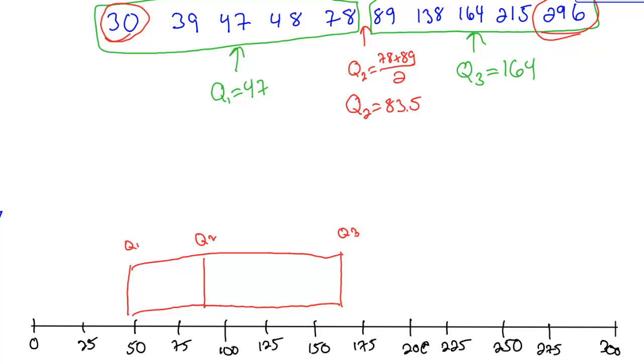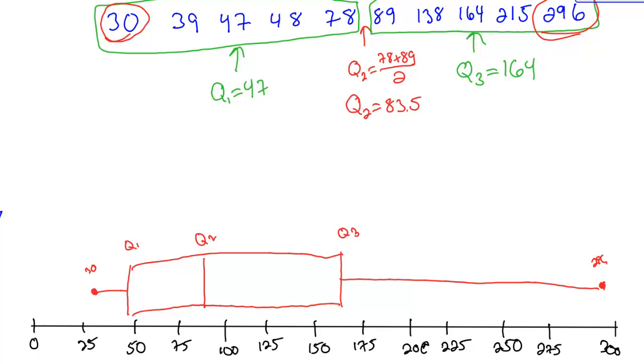Then I want to put my lowest value and my highest value. So I've got 30, which is about right here, and I'm going to connect it to my box. Then I've got 296, which is up here almost to 300, and I'm going to connect it to my box. So I now have, and I'm going to go ahead and put the values of that, 30 to 296. Looking at this box plot now,